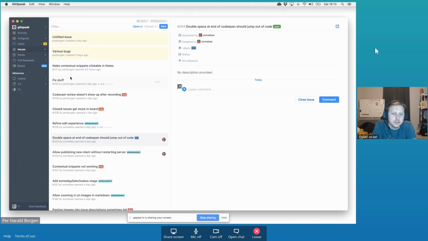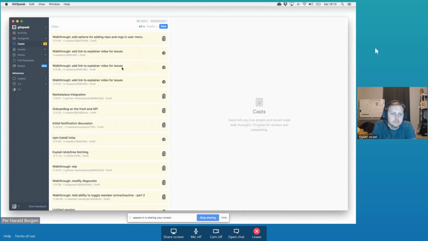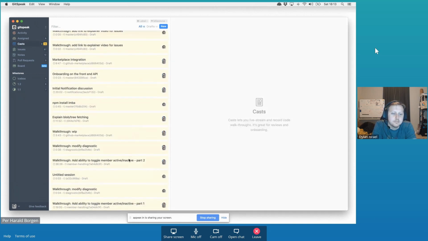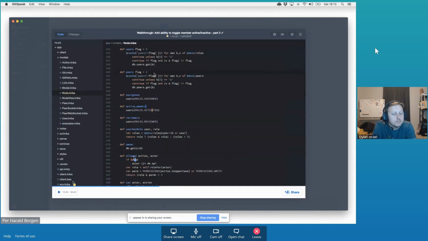Yeah, and just to elaborate, Imba is more of a language than it is a framework, right? Yes, it's a language that compiles to JavaScript. Excellent. And we can actually have a little look at how the Imba code looks. We're going to show you a little bit of the actual code base. He's been onboarding me onto the GitSpeak code base, and this is how Imba looks. And we've been using GitSpeak to onboard me onto GitSpeak, so it's a little bit meta.